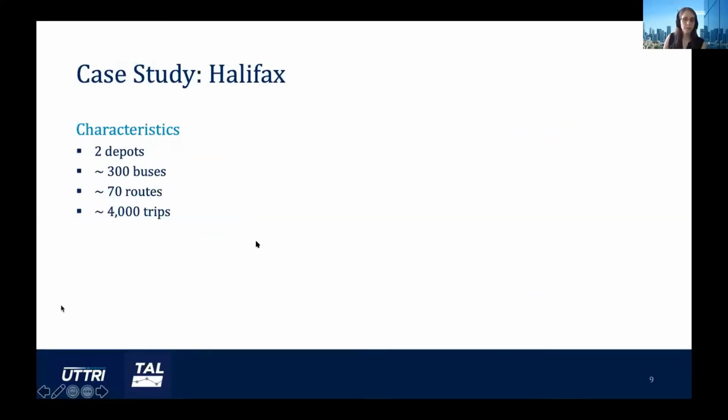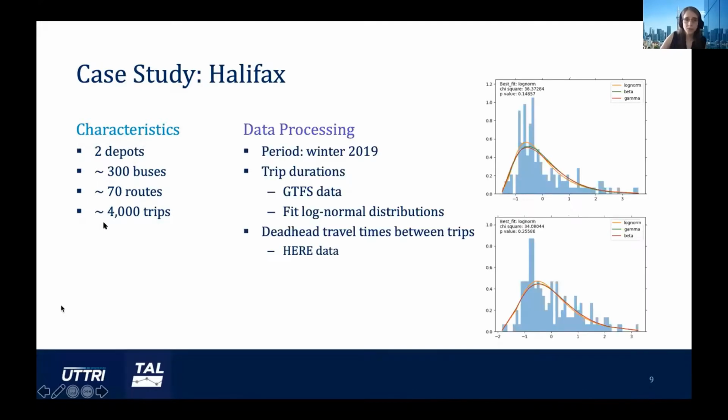And in terms of real world data, what we're analyzing now, actually working on it, is a case study for Halifax. So in this case, we have a problem that is much larger. We have 2 depots, which more or less consist of 300 buses that we have available. They have 70 different routes for their buses and around 4,000 trips. So we have done a lot of data processing, especially for the period of winter 2019, to try to see the